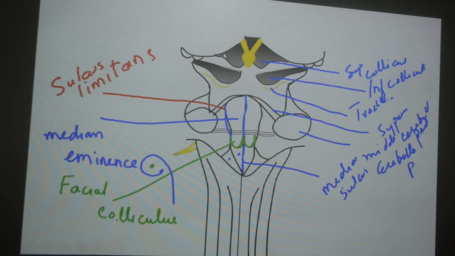If we start from the posterior aspect of the midbrain, you can see an elevation here. This is called the superior colliculus. These are elevations like collars coming out from the back. The superior colliculus is responsible for vision. Then you see the inferior colliculus, which is responsible for auditory reflexes, and below